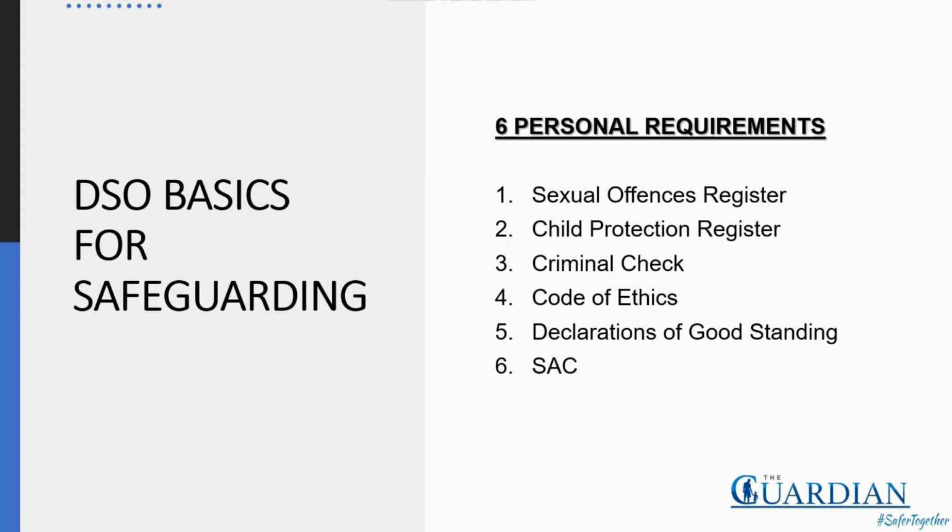With the clearances and the SAC specifically, you are going to have to redo clearances every 24 months. Your SAC exam will need to be redone every year. Obviously, in the safeguarding space, we are evolving, so things do change, and you want to stay ahead of that. So SAC, you would need to redo it every year, and your clearances every 24 months. And that's the 6 things that each person will need to do. Once all 6 have been done, we can really start safeguarding your club and the athletes and any other person that engages with your club.